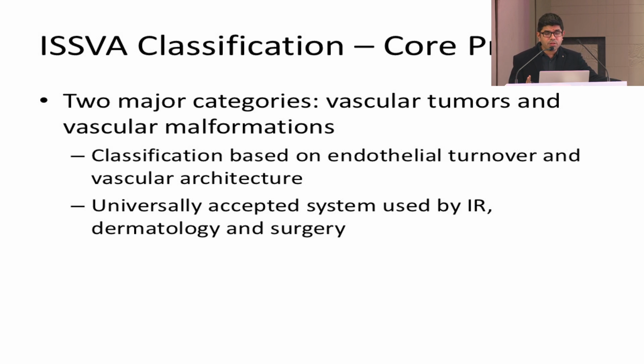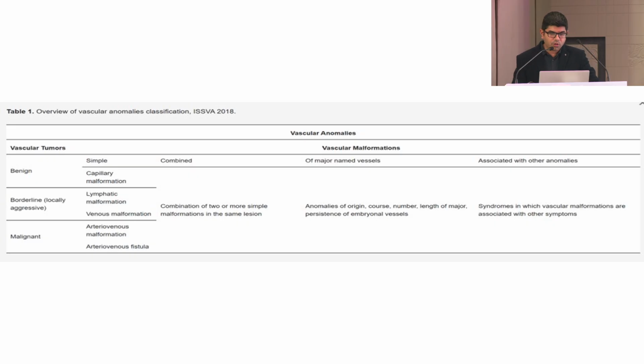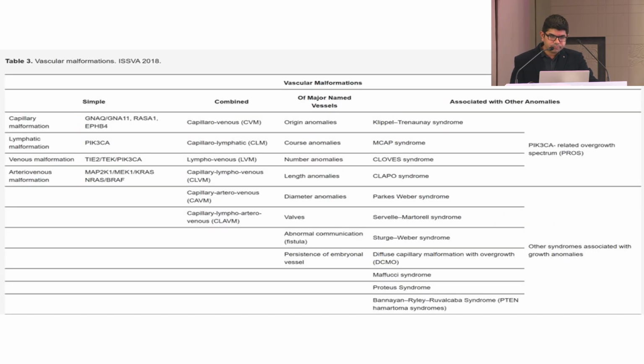And the second thing is the vascular malformations. I'm talking about the benign ones. Vascular tumors can be malignant and locally aggressive as well, but we are talking about the benign ones. Malformations are usually permutations and combinations of artery, vein, or lymph. So basically venous malformations, arteriovenous malformations, some fistulas, or lymphatic malformations. These classifications have already been detailed by sir, so I'll not go into the details.